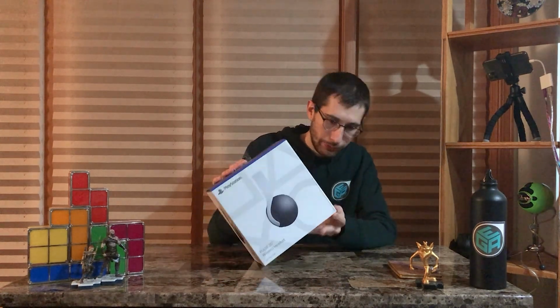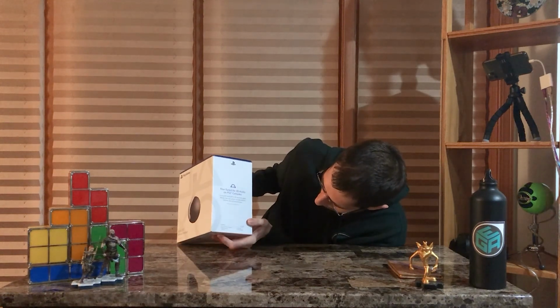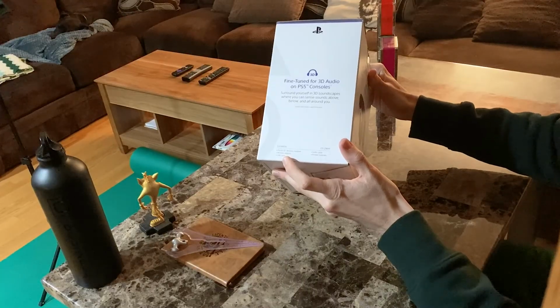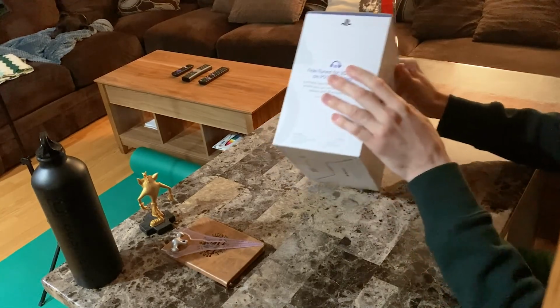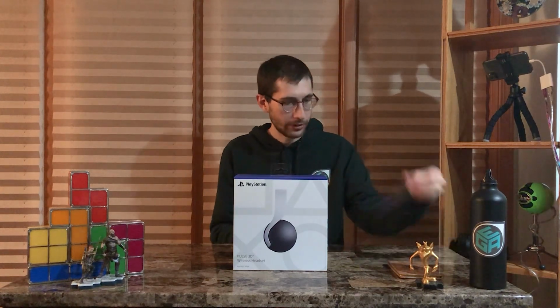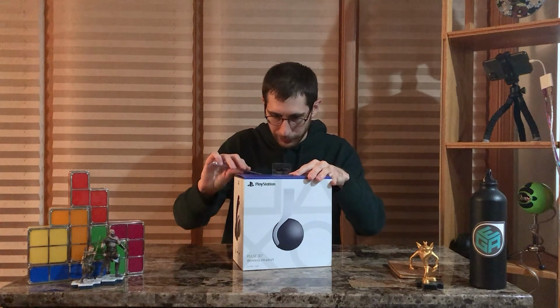And then we also got here. So in here we're going to find the wireless headset, the wireless adapter, USB cable, audio cable, and some printed materials I will not read. But anyway, let's tear into it. I got my trusty little opener here. Hopefully this can cut